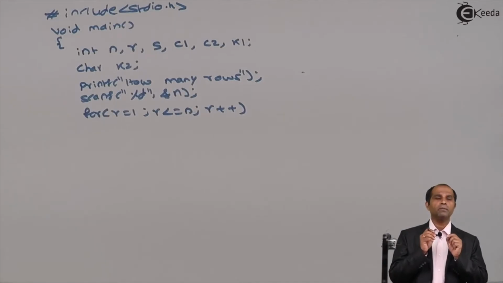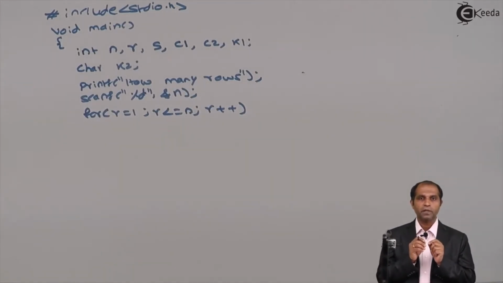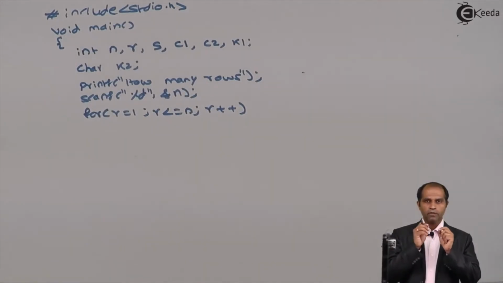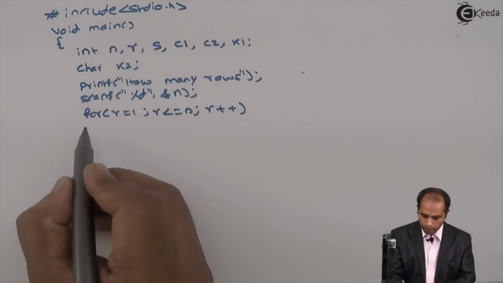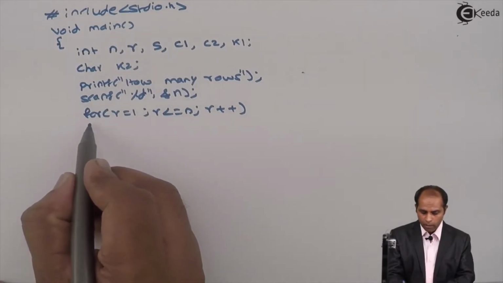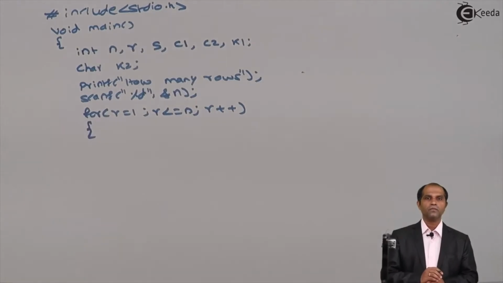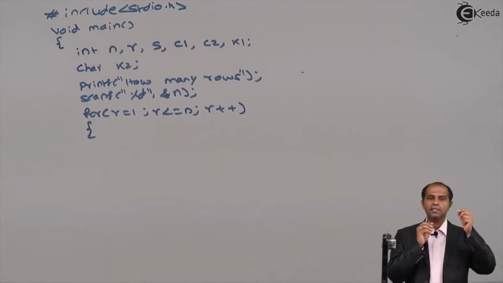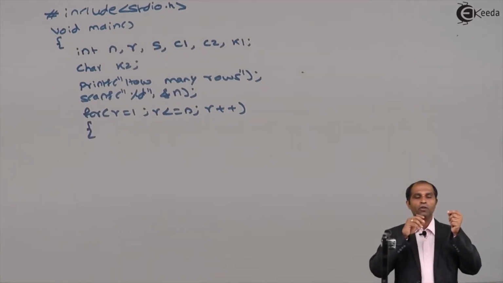The most common mistake which every student commits is using these brackets. When using these brackets, make sure that you have proper alignments. Now, your R has got multiple instructions, hence we'll have curly brackets around this particular R loop. Now, once R is set as 1, you have to identify what needs to be done next.